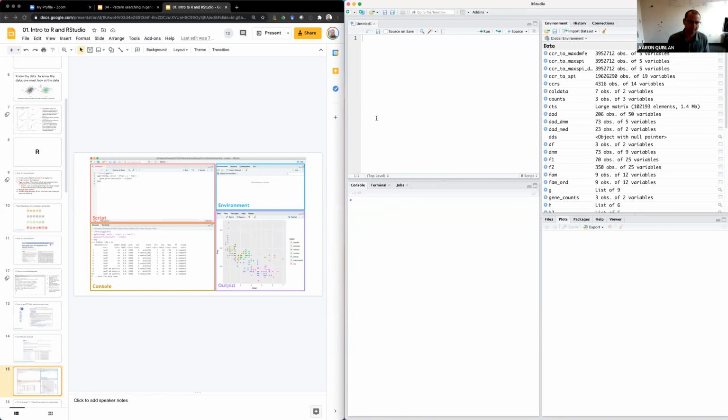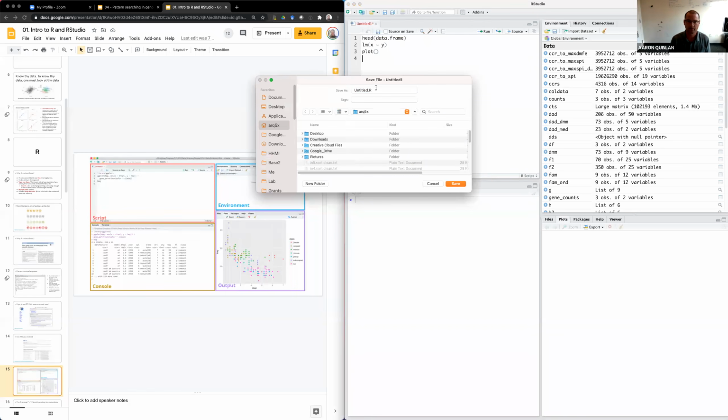Okay. The top panel is where you work on a script. You can see that this has a file saving interface. So I can type a bunch of commands here. These won't do anything. I can do a linear model of X and Y. That's backwards, but doesn't matter for now. And I can make plots, etc. Now the key point is ultimately I can save this,